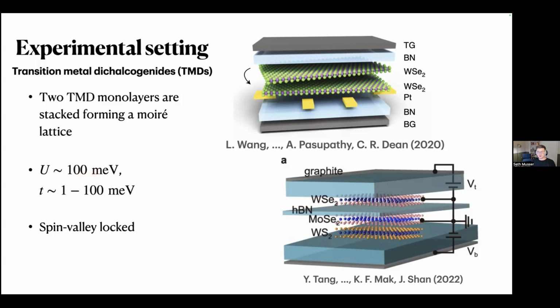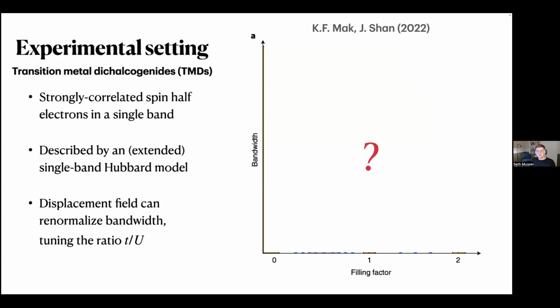repulsion on the order of like 100 millielectron volts. And this can be up to 2 orders of magnitude larger than their bandwidth. So they're really quite strongly interacting, and kinetic energy is often playing a small role. In addition, they're spin valley locked, which means that we can think of them as having spin half electrons in a single band. And these spin half electrons in a single band will be described by an extended